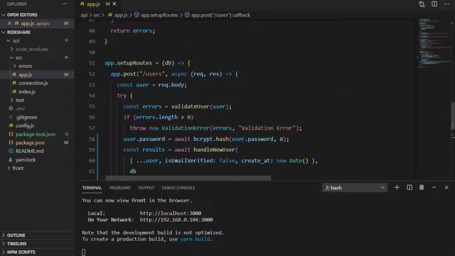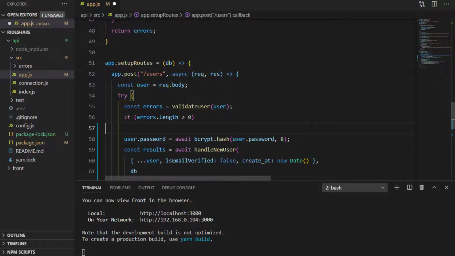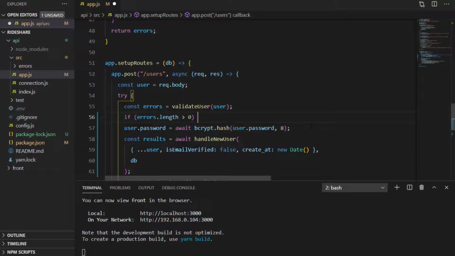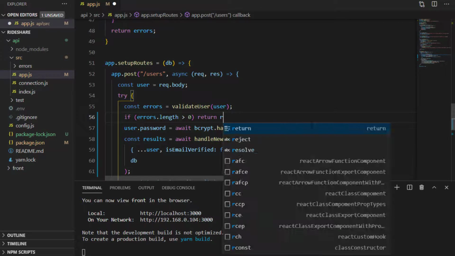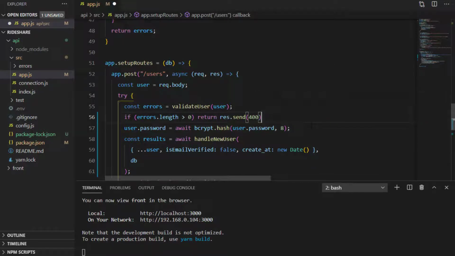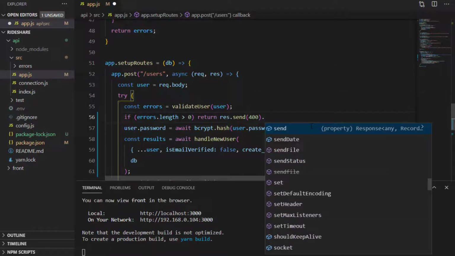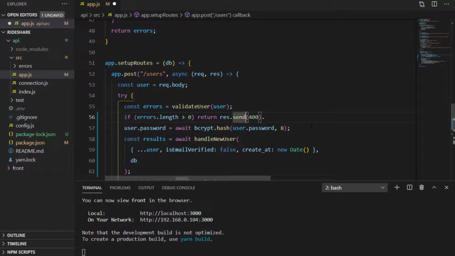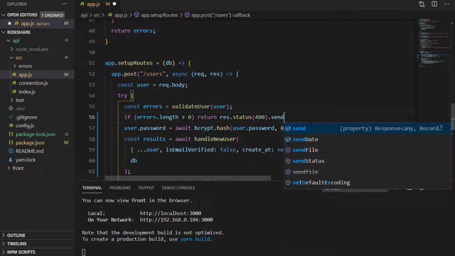What we will do, we will handle it here in its place instead of throwing an error. Here, if there's an error, we'll return res.status(400).send